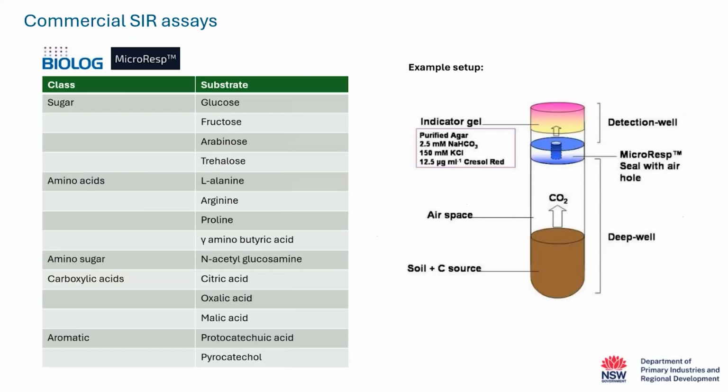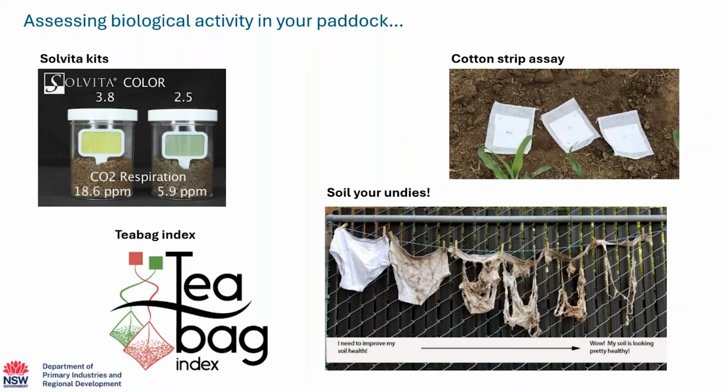There are also commercial substrate-induced respiration assays, such as BioLog and MicroResp, that are used to understand the soil functional capabilities by measuring respiration responses to a range of substrates. These substrates range from simple sugars, which generally promote bacterial growth, to more complex compounds that may reveal activity of soil fungi. Both methods use colorimetric plate assays to assess microbial community function. It's available through Solvita or other accessible tools that quantify respiration, ammonia emissions, and compost maturity using color-reactive indicator strips, allowing rapid assessment of soil biological activity without the need for lab equipment.